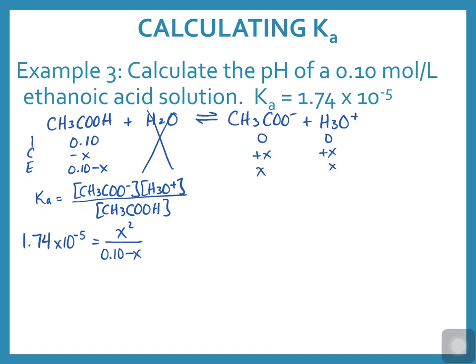So to find the pH, I'm going to need the hydronium ion concentration, which is my x, so I can use my Ka expression here to solve for x. So I'm going to take my 0.10 minus x and multiply it over by the 1.74 times 10 to the negative 5. So that gives me 1.74 times 10 to the negative 6 minus 1.74 times 10 to the negative 5x, and that equals x squared. And if I move everything over to the other side,